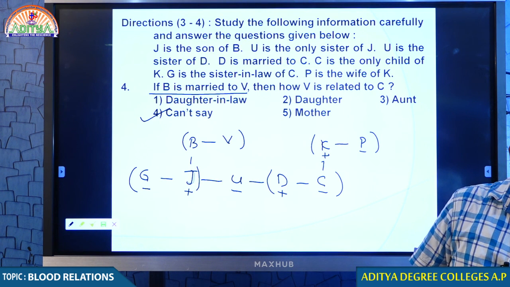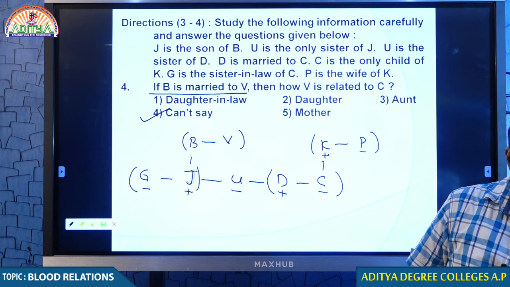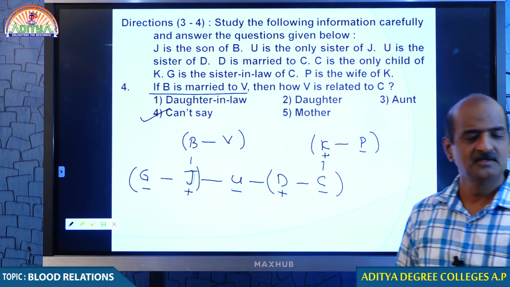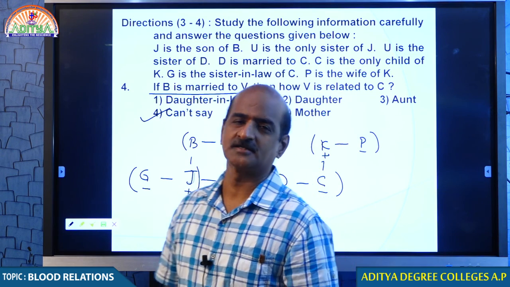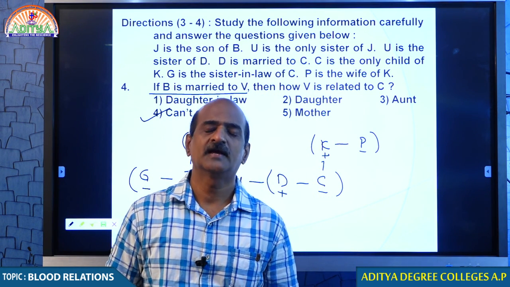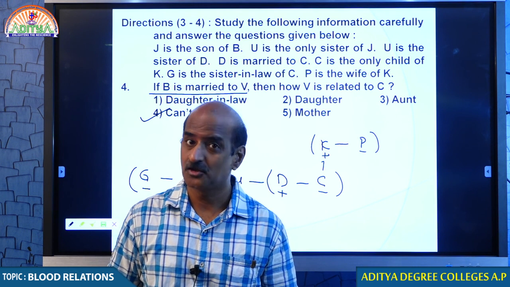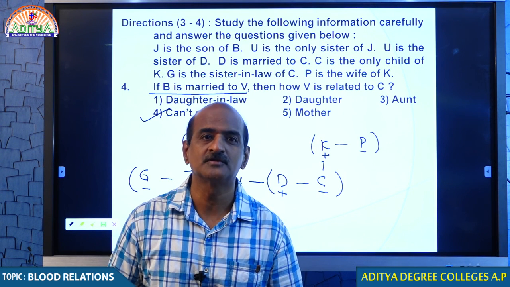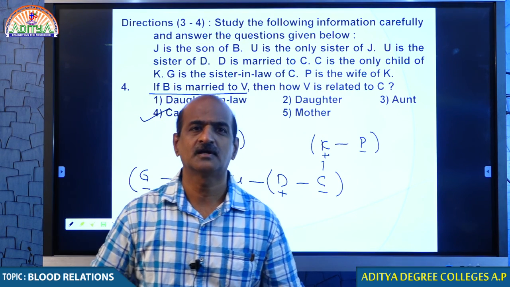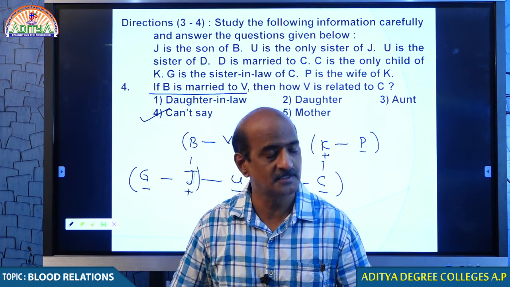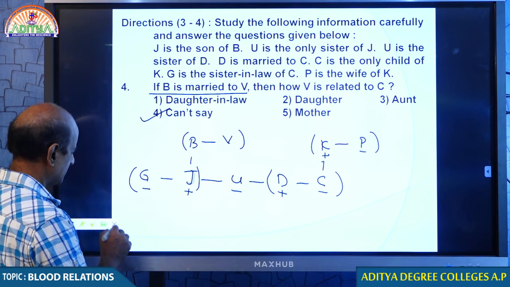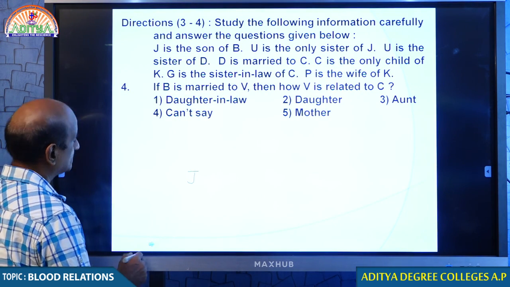If you ask me, sir, why did you say can't say? I can answer by saying the gender is not known. So, when gender is not known, we can't say. Students, please don't get confused. If any of you are not getting the question right, no problem. If we discuss some more questions, slowly you will get perfection. Perfection is something that you cannot achieve in one or two days. It is a continuous process. Please understand that. Come on student, we discuss some more questions and you get more clarity.